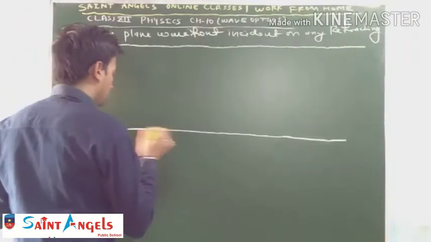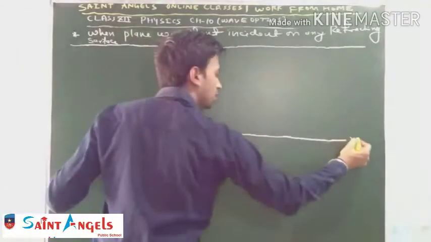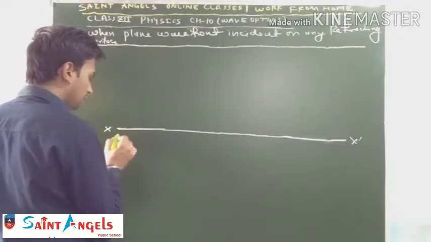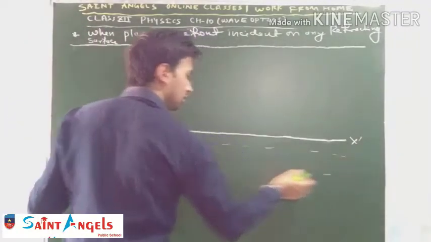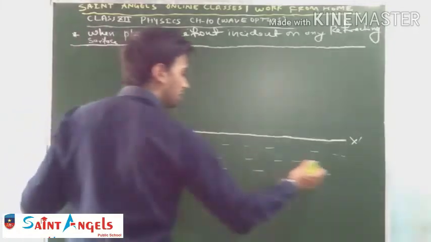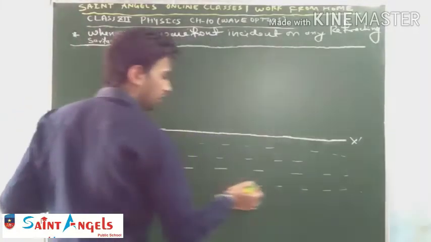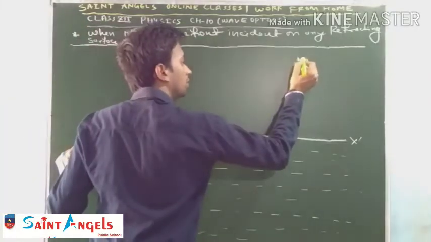Student, consider X dash as a refracting surface that separates the two media, first and